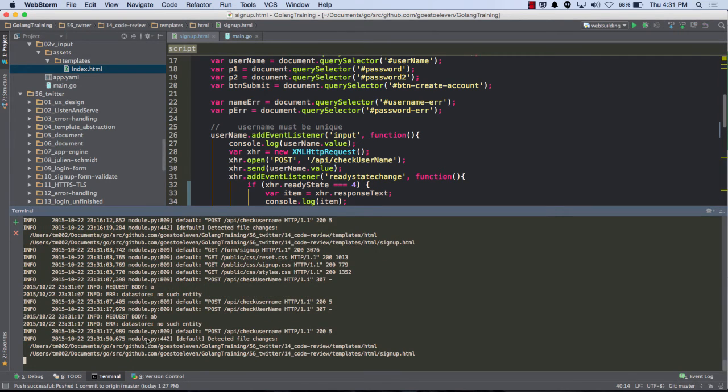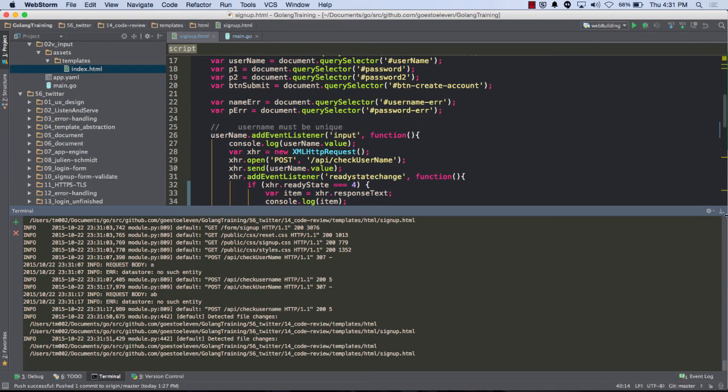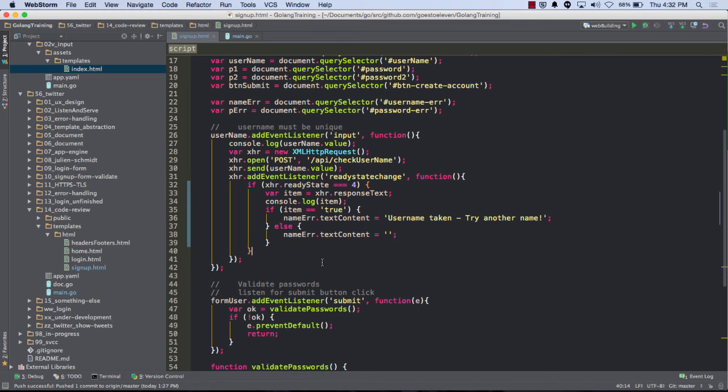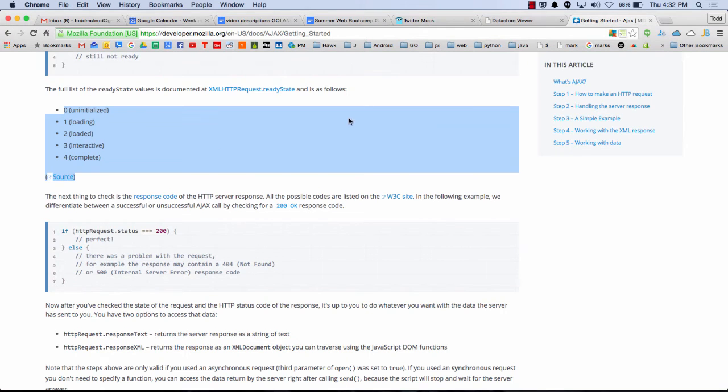And with App Engine, this server will rebuild. So I don't need to do anything. So let me just come over here and hit refresh. So remember I had space and 2 falses. So now A, B, C, much cleaner, right? So I'm only checking that last one. So ready states changed several times, but only when it hit 4, which was this one, did we say, okay, it's complete, let's check it.